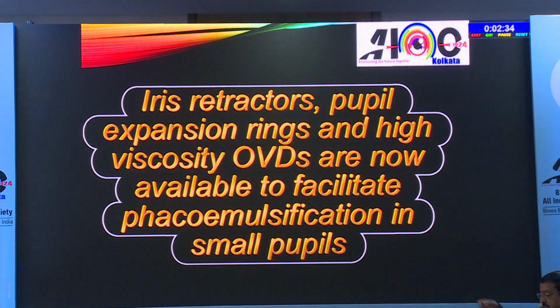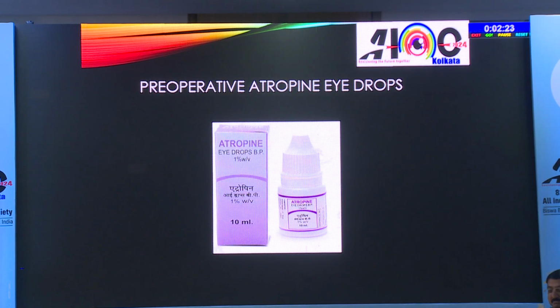Iris retractors, pupil expansion rings, and high viscosity ophthalmic viscosurgical devices are available to facilitate phacoemulsification in small pupil without any complications. The multi-pronged approach which we follow includes pre-operative atropine drops 1% two times a day,